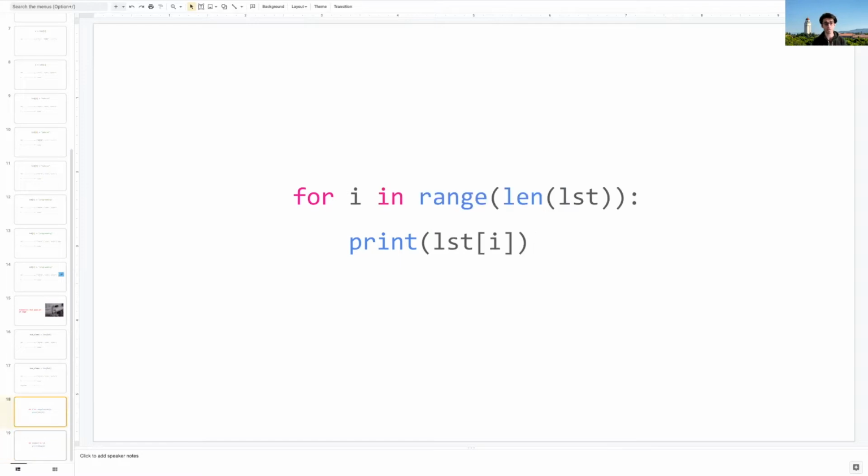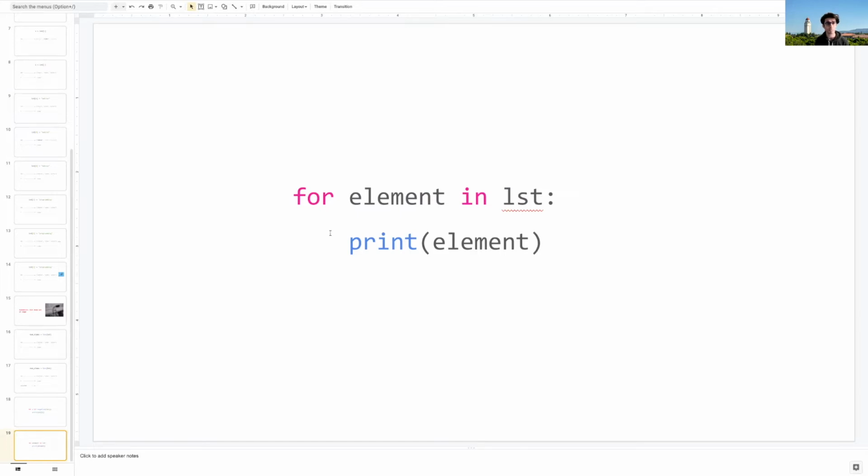So importantly, both of these loops actually do exactly the same thing. They both iterate over the lists in the same order. What is different about them, though, is that this loop over here gives us access to the indices in the list, whereas this loop over here just gives us access to the elements. As you're thinking about how you might be writing lists problems, definitely think about whether or not you need indices. If you don't, you can probably get away with using this cleaner looking loop over here.